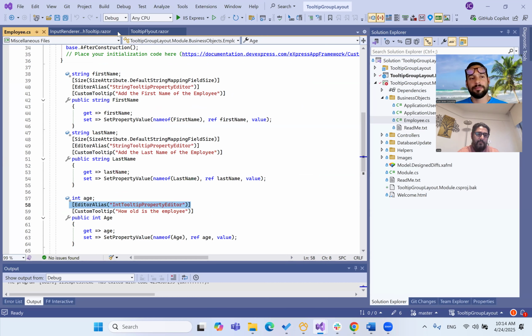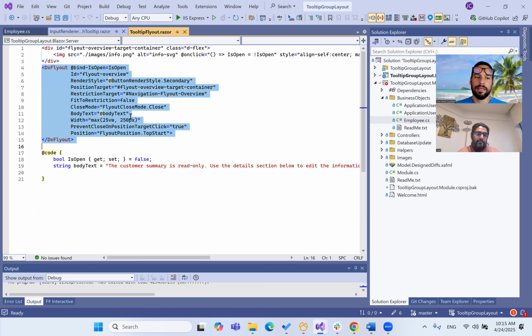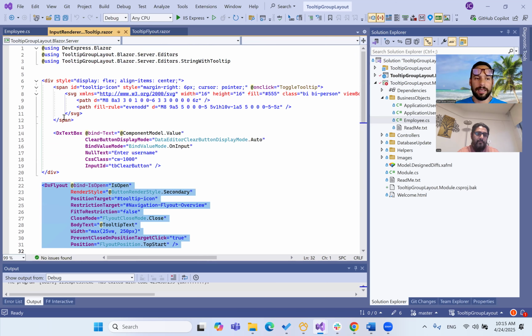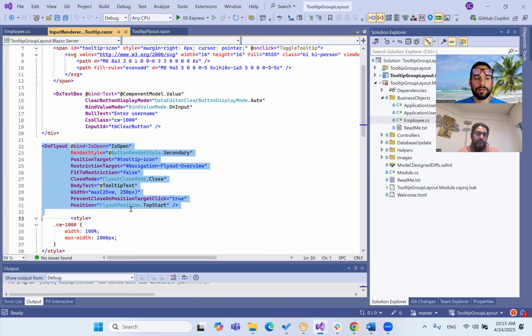And then we have basically a layout that has an image, and when you click on the image or hover over the image, there is a DX layout that opens, and basically we have a message to show and so on. If it's a text box, we have the same thing, flyout, and so on. So if we run it,